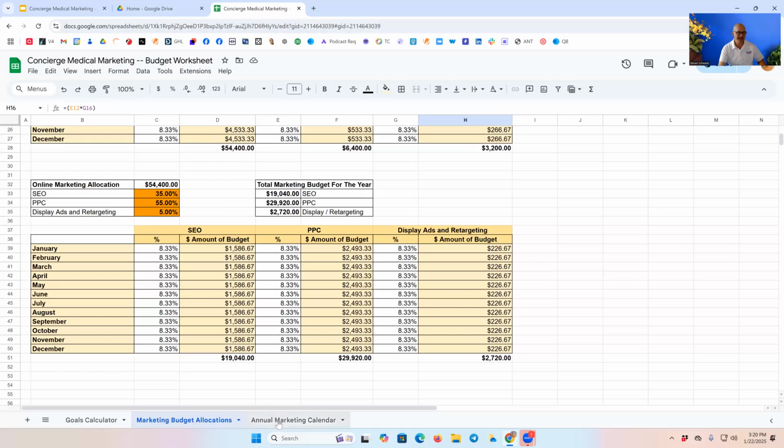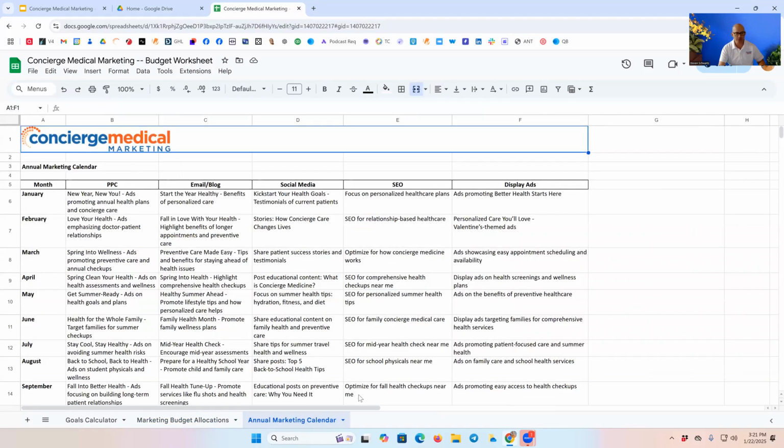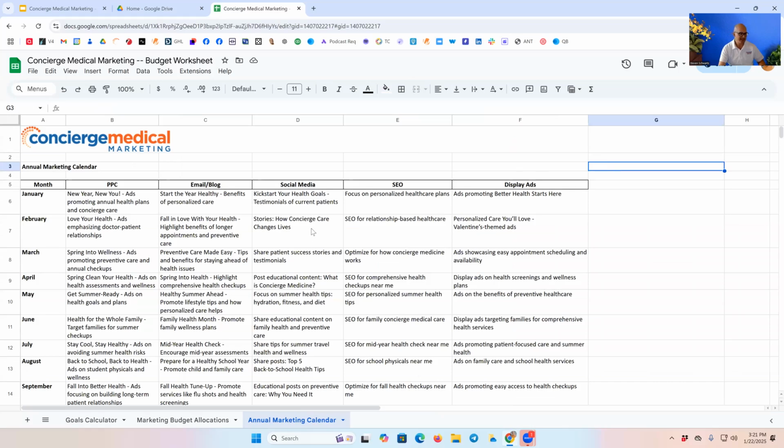All right. Finally, the third thing I want to show you, and we'll jump off of the spreadsheet, is that we have the annual marketing calendar. This is a spreadsheet showing you examples of topics that you can utilize for your marketing throughout the year. Down the first column, you obviously have the month of the year, January through December. And then the other columns are pay-per-click ads, email or blog topics, social media posts, SEO focus, and also digital